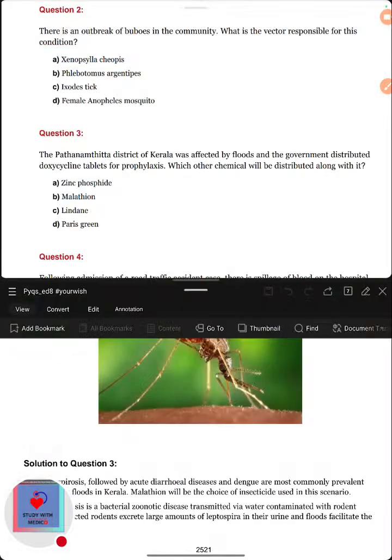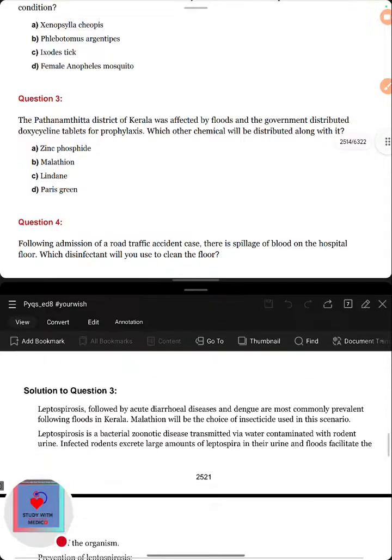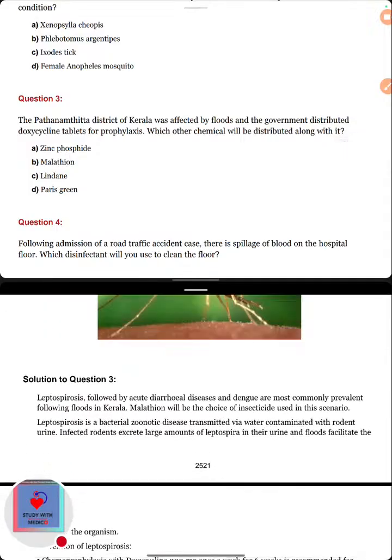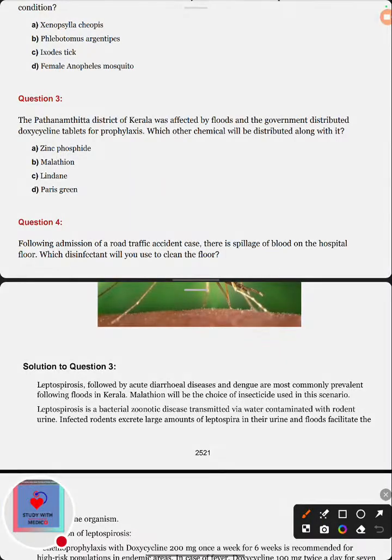Okay, so this was question number 2. Female Anopheles are responsible for malaria and also filariasis in some countries, but not in India. So mostly malaria. They have spotted wings, and the mosquitoes sit at an angle. Ixodes tick is responsible for Rocky Mountain fever,